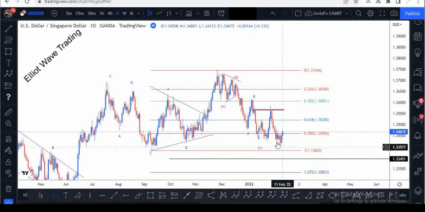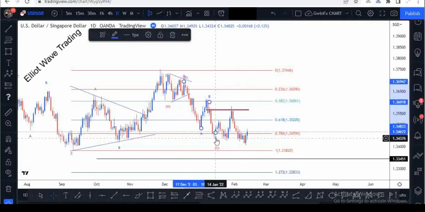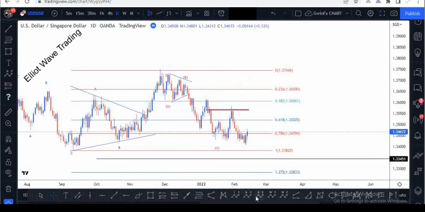Okay, so we have price taking a discount. This is actually a discount. It's easy for me to see this as a discount with my eyes. Okay, what I'm going to be doing now. This is a very different price movement here. I'm going to take out this initial ABC here. I'm going to label this as